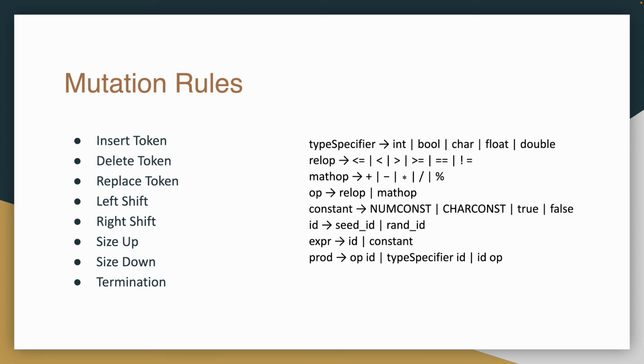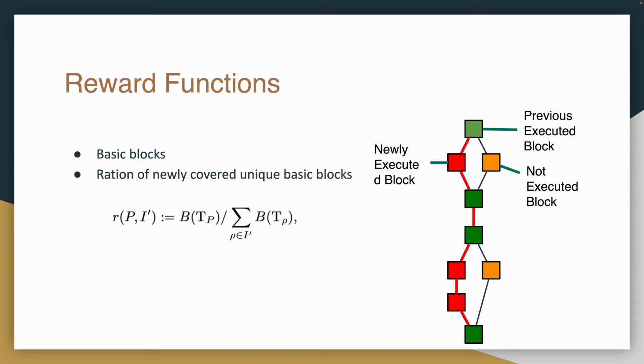After we talk about our mutation rules, now I want to talk a little bit about the key component in our method, the reward function, which is the key part to get the model to learn how to generate more valid mutation actions for our fuzzing task. Because our goal is to generate test programs that can increase code coverage in compilation as much as possible. And how do we measure the code coverage?